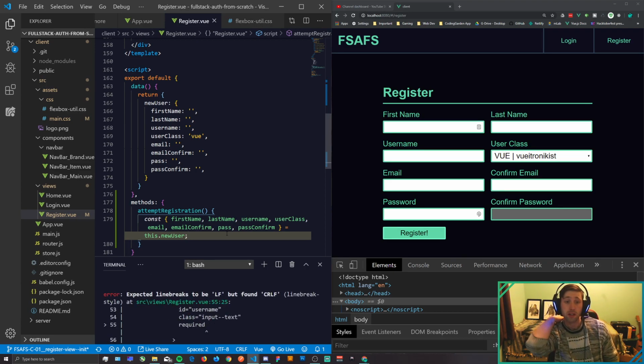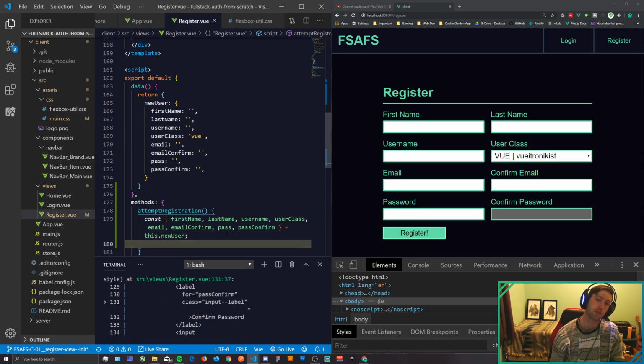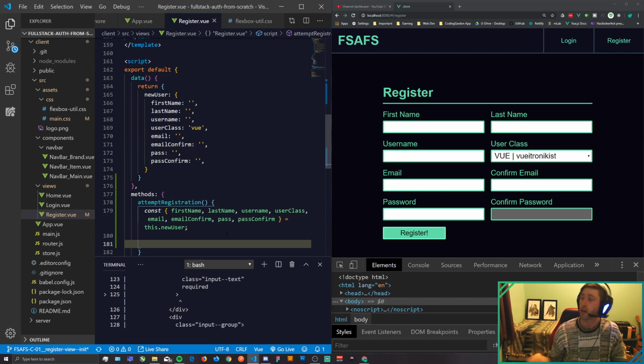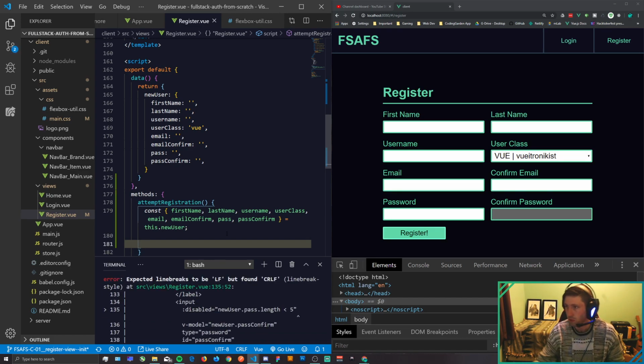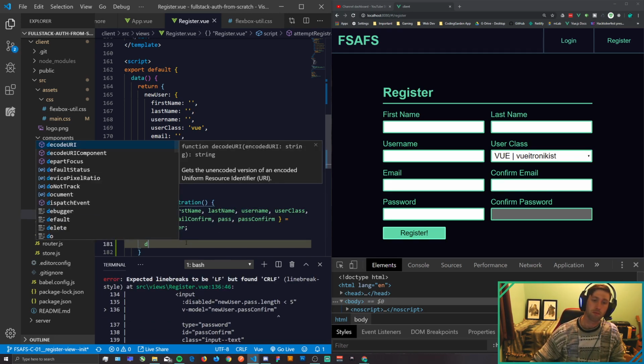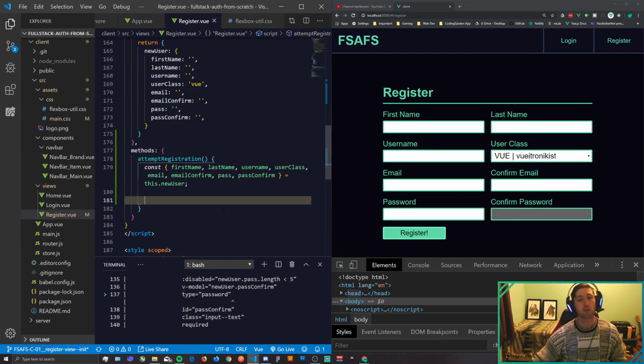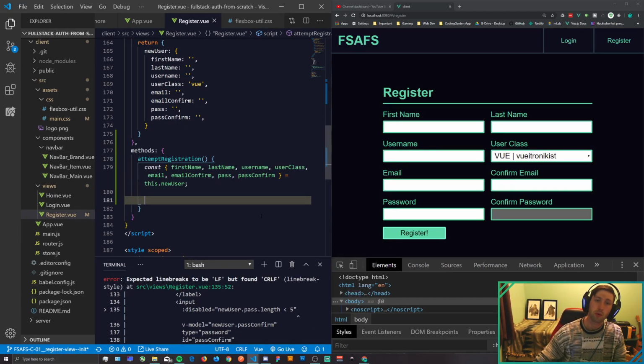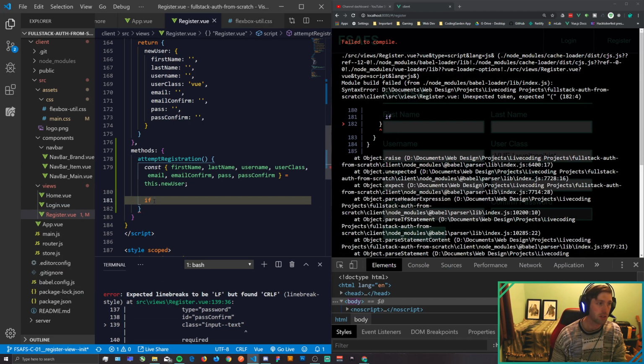Cool. So now we can use these properties as if they were their own standalone thing instead of having to type this dot new user, which will really help clean up our code. Okay, so the first thing we want to do is validate that each of these fields has data in it. So we'll write an if statement, and